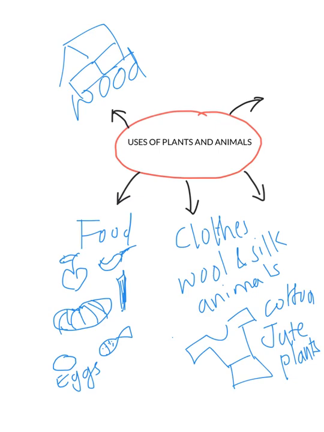Here we have written a few uses. You need to write some more uses of plants and animals and draw them just like Didi has done it. You can also be creative and stick the pictures of the things that we get from plants and animals in this mind map form. For example,